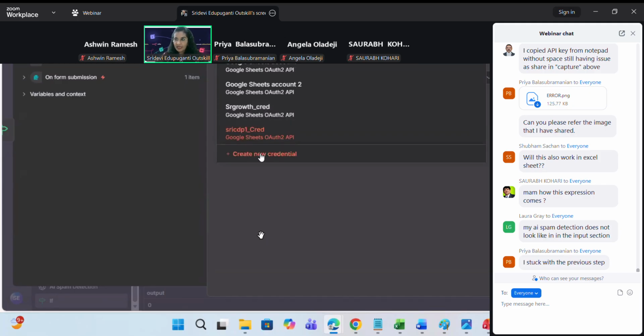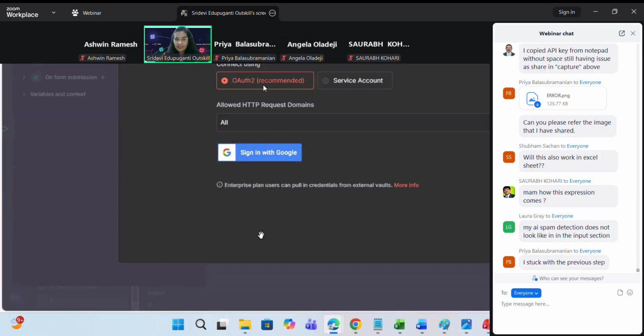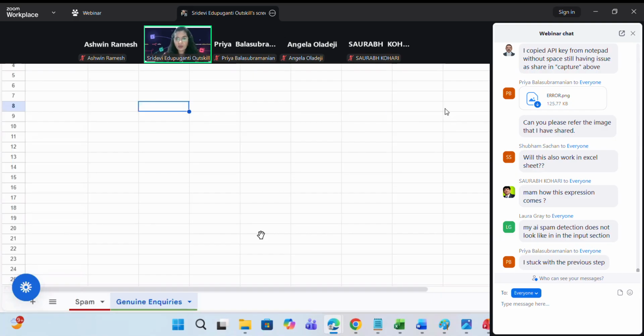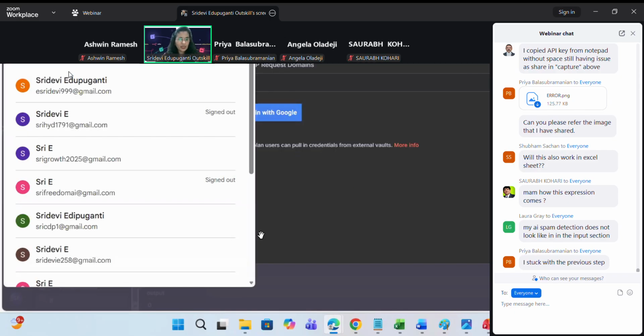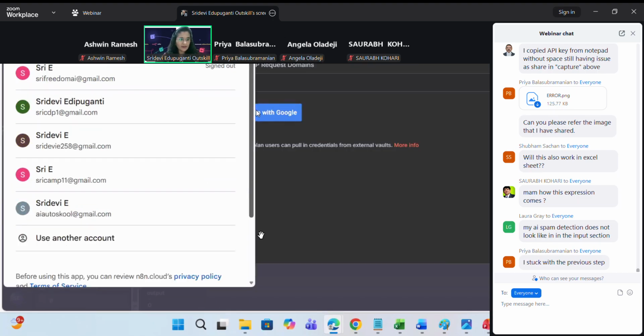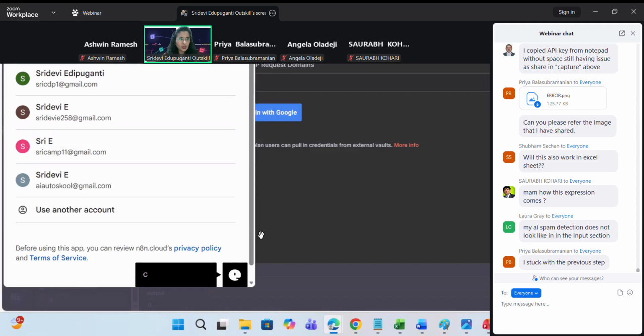So click on create new credential. And there is something like sign in with Google, right? Sign in with Google. Now, in this case, I have this Google Sheet in my Gmail, which is sricdp1@gmail.com, right? So that is the main reason why I will connect with that Google. Out of all these Gmail IDs, I will choose the one in which I've created this Google Sheet, right? I click on this,